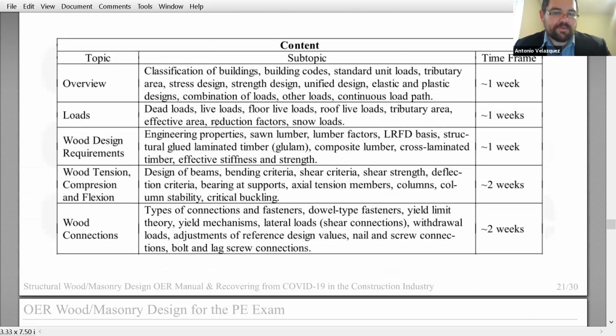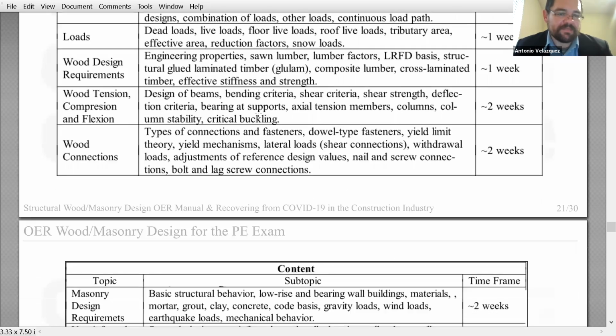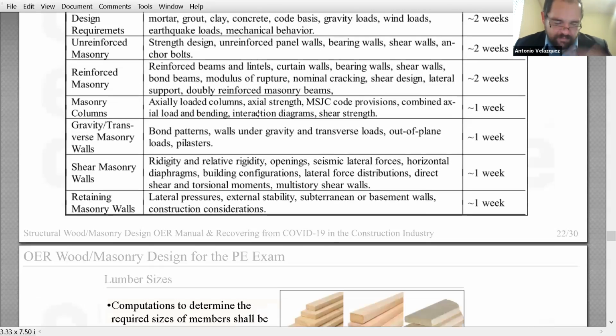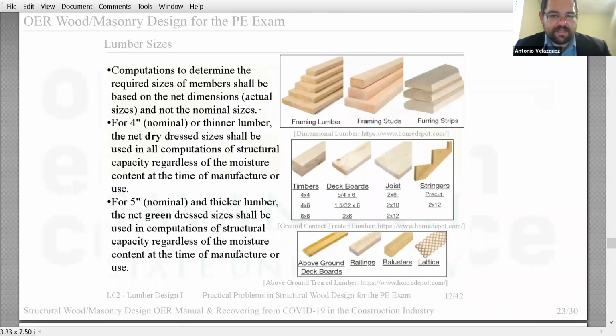And let me show you the content of this textbook that I'm working on right now. I'm halfway through with my colleague. This is pretty much the content of the textbook. Some general chapters, design requirements, and so on. But this is very technical. I don't want to go into the technical details, but just to give you a glance of the work we are developing right now, some screenshots of the textbook that you can see.